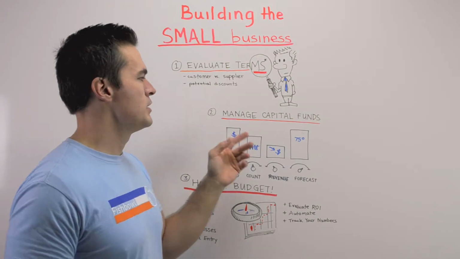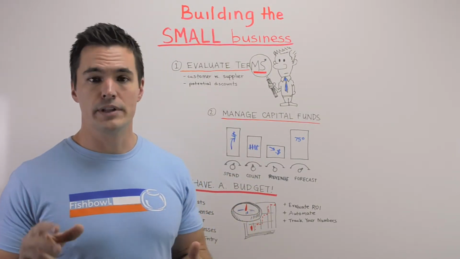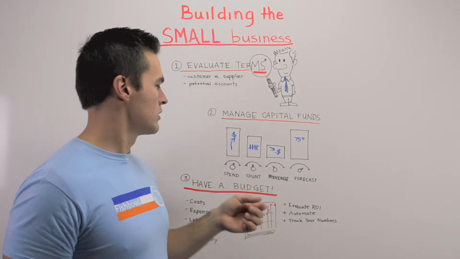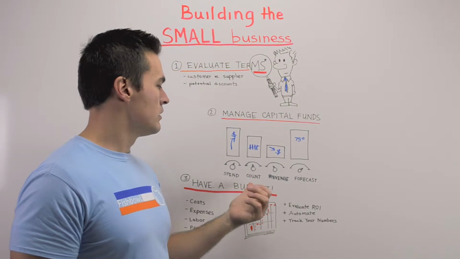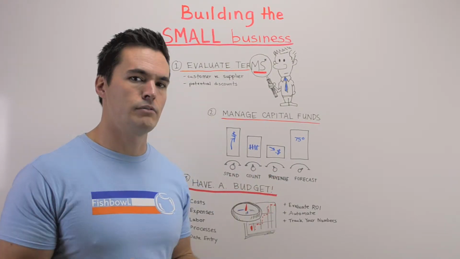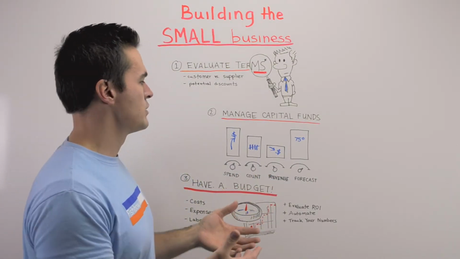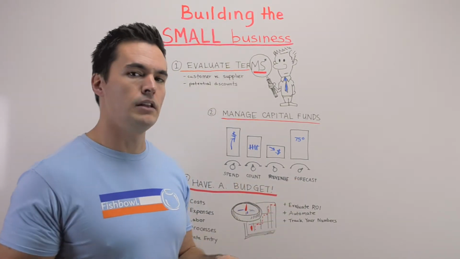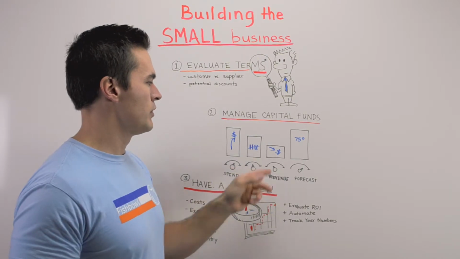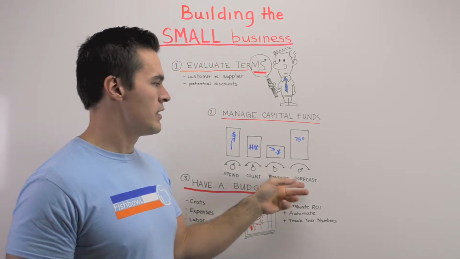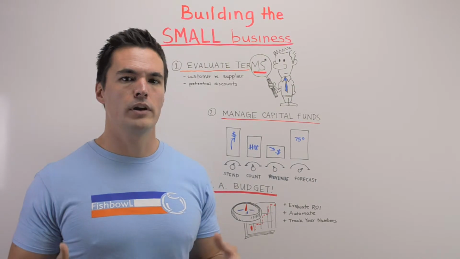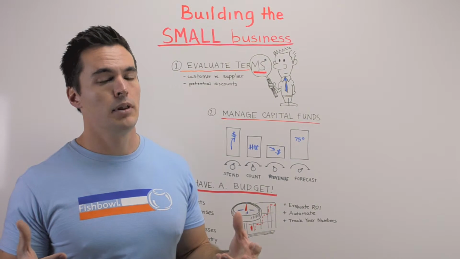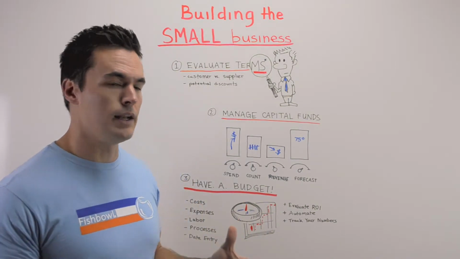So the second one, manage your capital funds. So again, this comes down to how do you use your money. We have here a few examples of different dials that you can tweak a little bit. The amount that you spend, the count of inventory you have on hand, which is a representation of where your cash flow can be tied up. Your revenue, which you can't tweak as much directly, but very much can be played a part with these other components. And also forecasting, what's coming up down the road, what are some possible demands from customers, or even additional costs that suppliers might be passing down to you because of supply and demand.